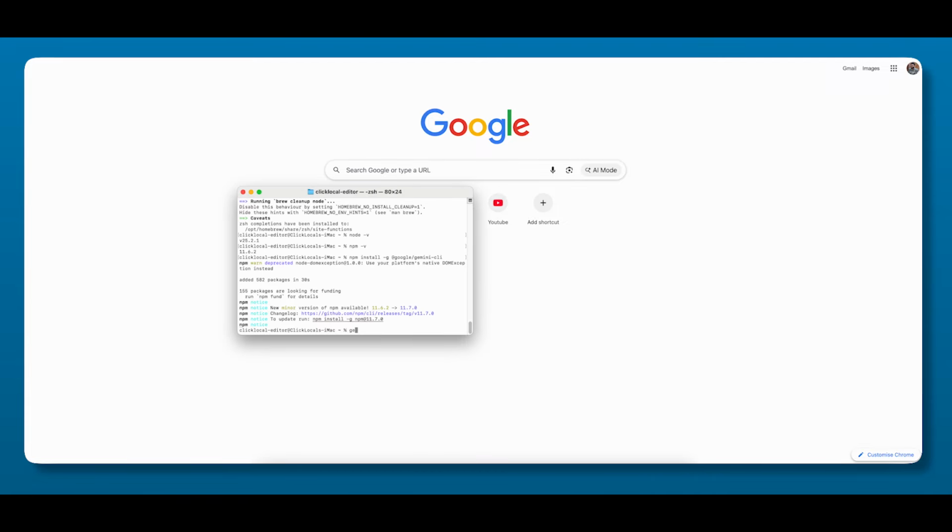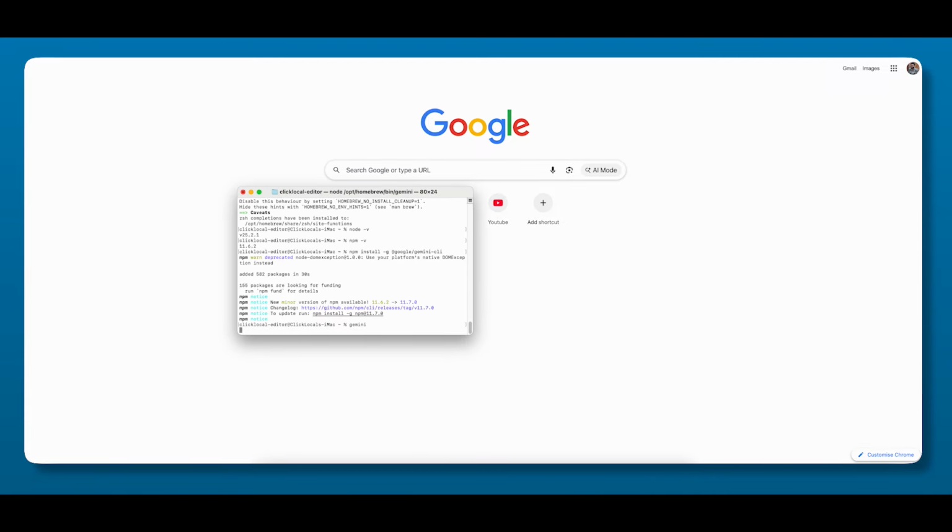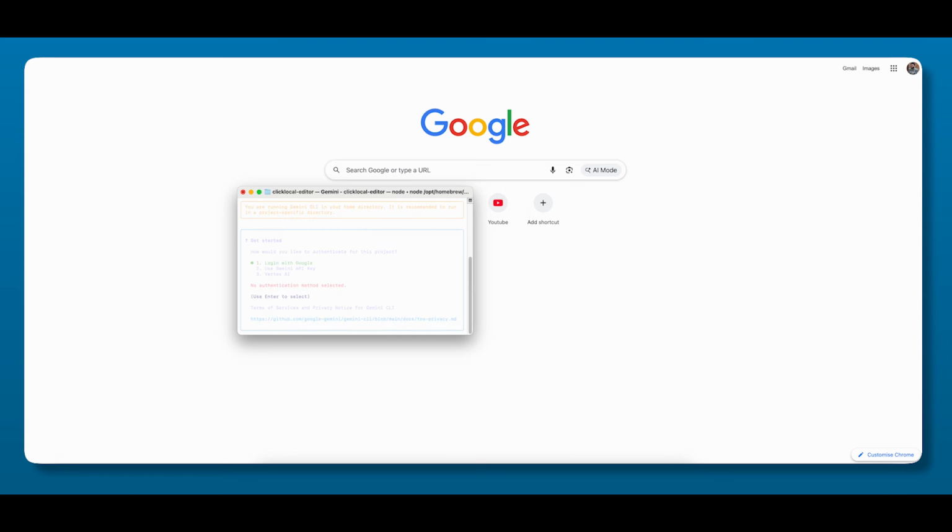So I'll just type gemini and hit enter. And now it's going to take a little bit of time, and here you have Gemini on your system. Okay, and now obviously it is giving you one warning that you are running Gemini CLI in your home directory. It's not recommended. It's recommended to run it in a project specific directory, and that is the power of Gemini CLI. But before we do that, we need to log into a Google account,